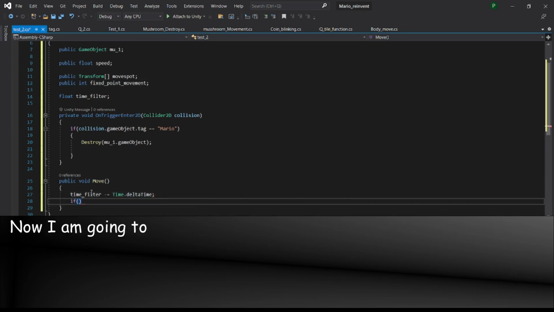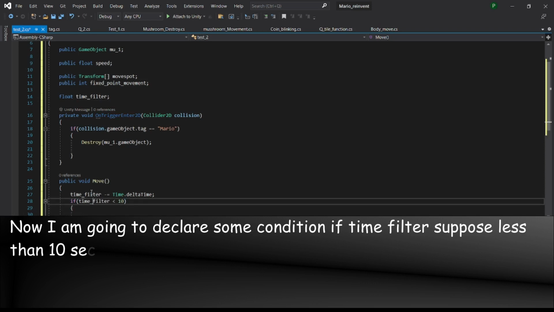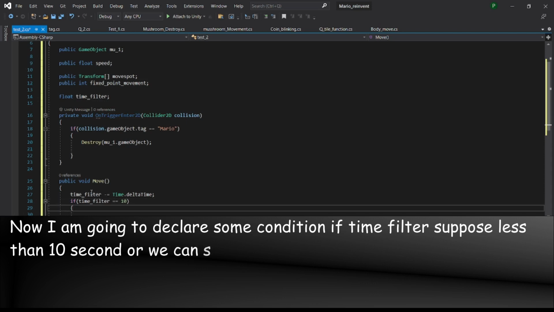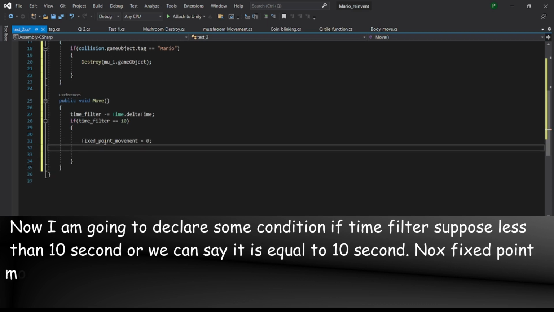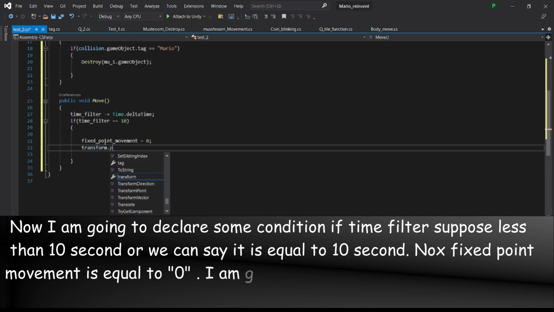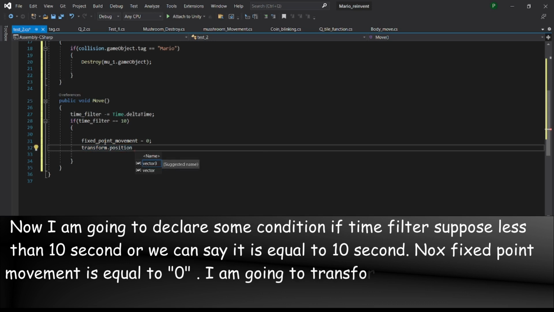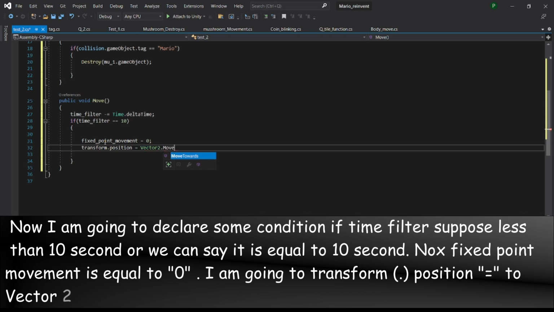Now I'm going to declare some conditions. If time filter is less than, suppose, 10 seconds, or we can say that it is equal to 10 seconds, now fixed point movement is equal to 0, and we're going to set transform dot position equal to Vector2 dot MoveTowards, transform dot position,